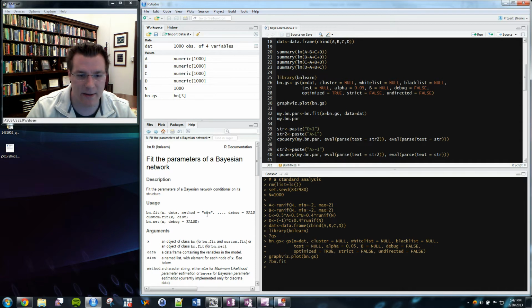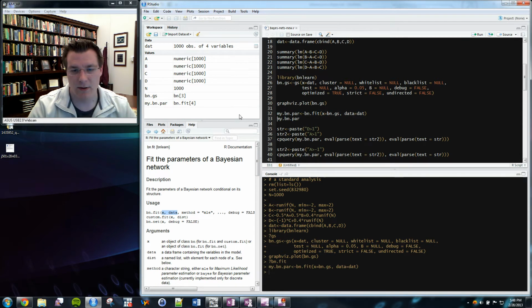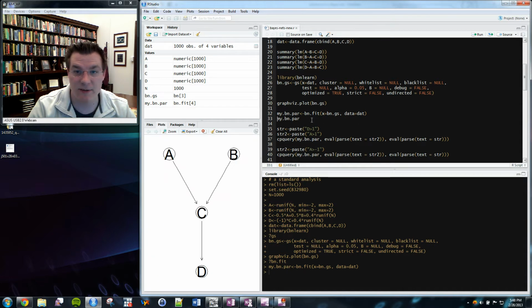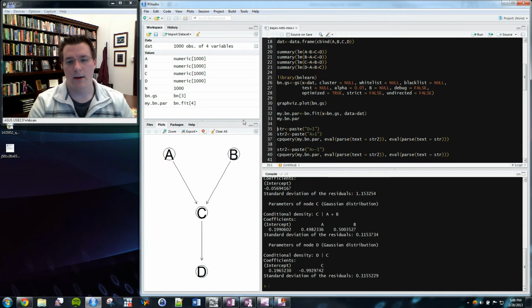and there are different methods that it can use. The default is maximum likelihood. What I do is I feed it the data set and the fitted network structure that I created. In this case, bn.gs is what I call that fitted network structure. So I tell it to tell me what the strength of these relationships is. And if I look at that